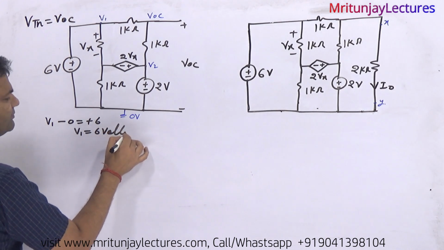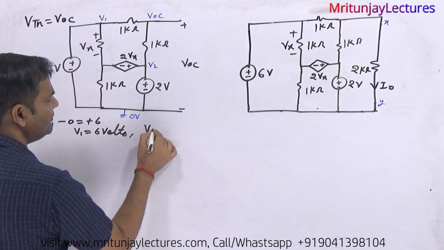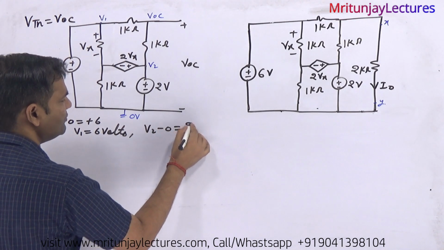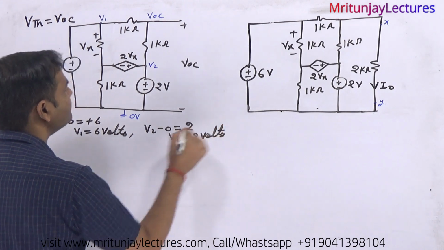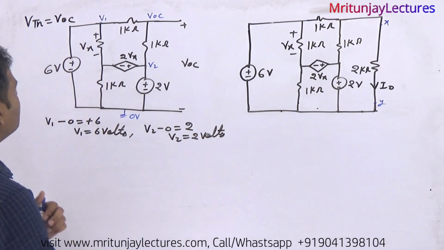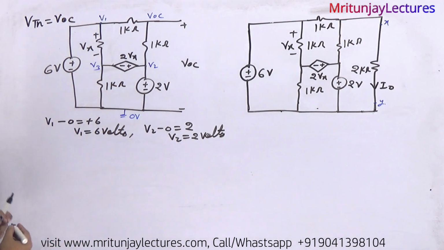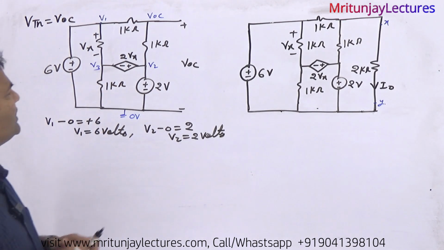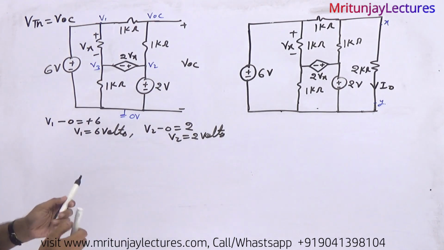And what about V2? V2 minus 0 will be equal to 2, so V2 is 2 volt. Clear or not? And if this one is V3, our motto is to determine V of OC. So how can you determine it? If you apply KCL,